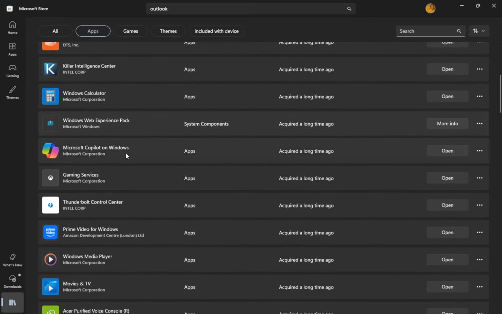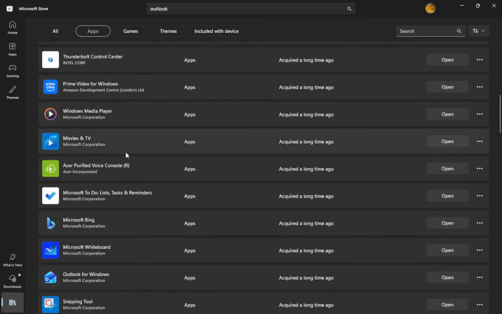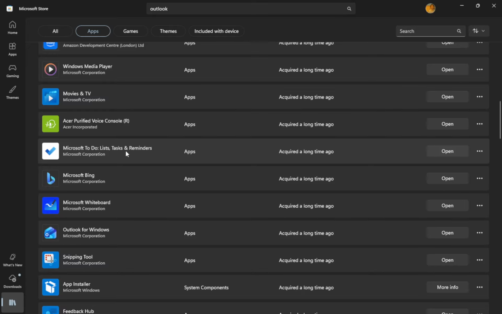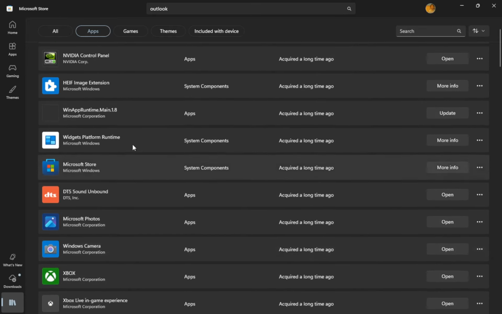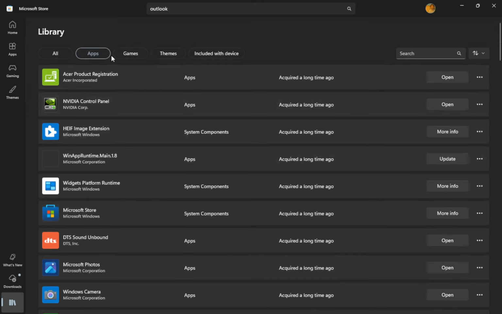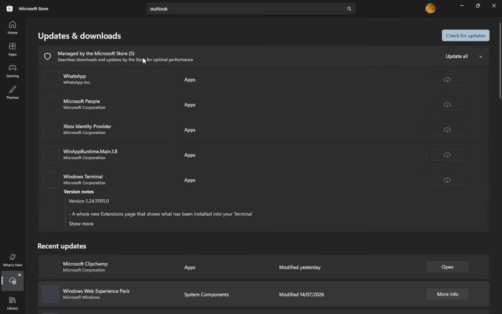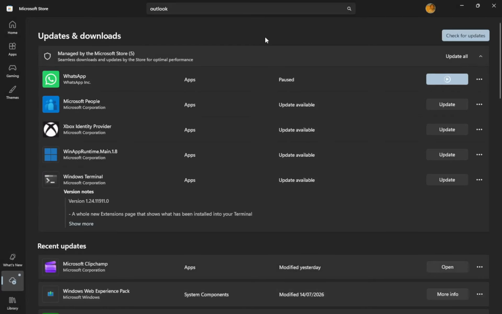After you click on Library, the next action is to click Get Updates. This button is usually found at the top right of the library section. When you click this, the store will automatically check for any updates available for your installed apps, including Outlook. You will see a loading indicator as the store searches for updates. This action is vital because it ensures that any improvements, bug fixes, or new features are downloaded to your Outlook application. Keeping your software updated is essential for optimal performance and security.